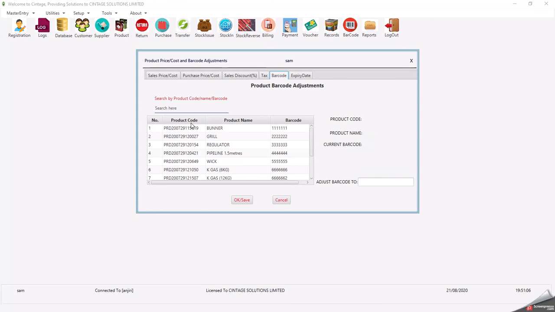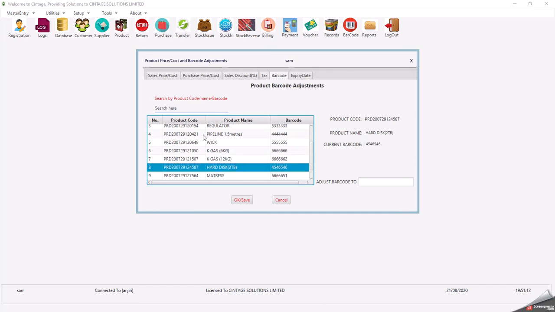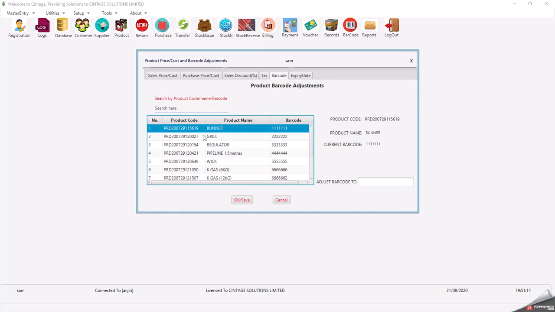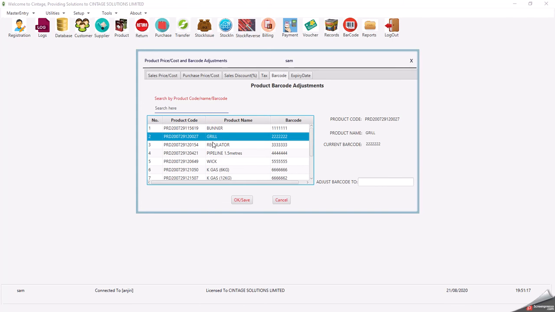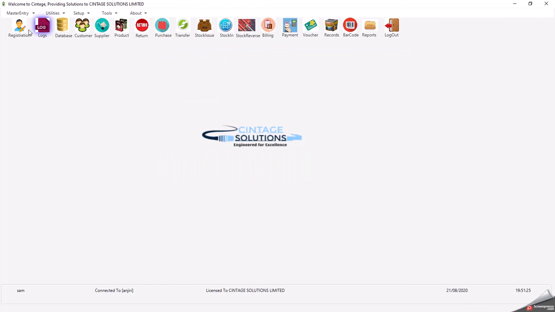You can also decide to adjust barcode by clicking on the product that you want to adjust the barcode. So that's all about product adjustments. When we go to setup,